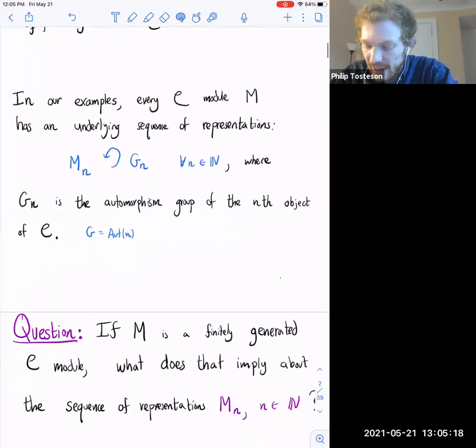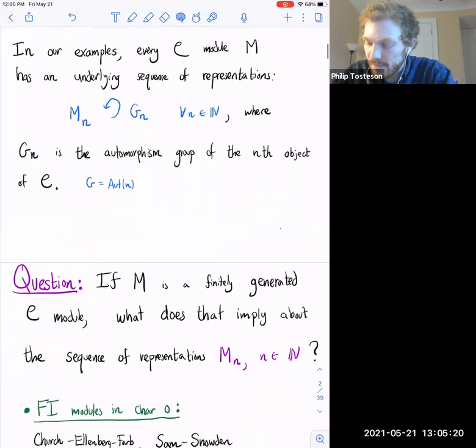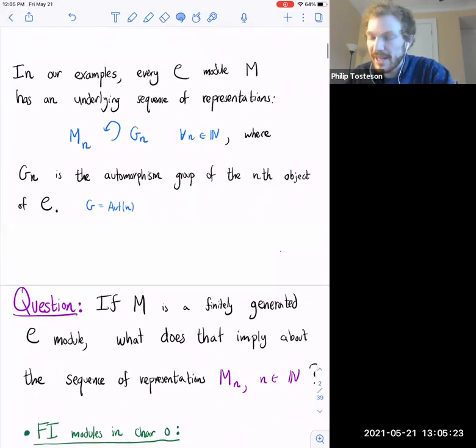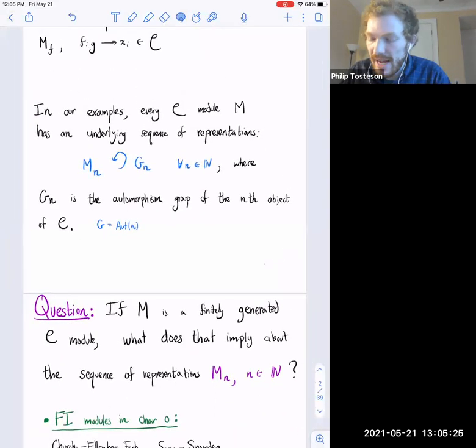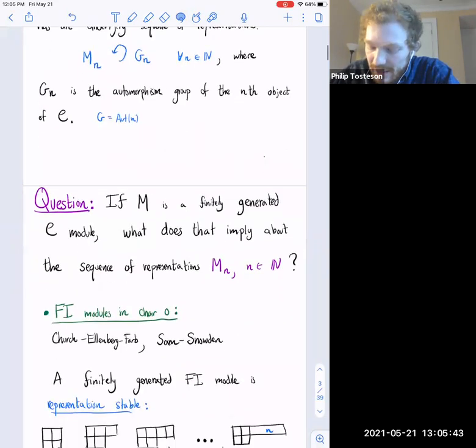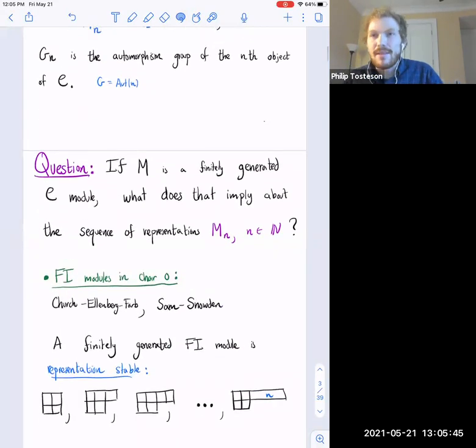The fundamental algebraic question that we ask in representation stability is: given a finitely generated module over a combinatorial category, what does that actually say? What does the fact that it's finitely generated imply about the sequence of representations Mn for n in the natural numbers? And of course, the main example that we should have in mind is FI-modules in characteristic 0,